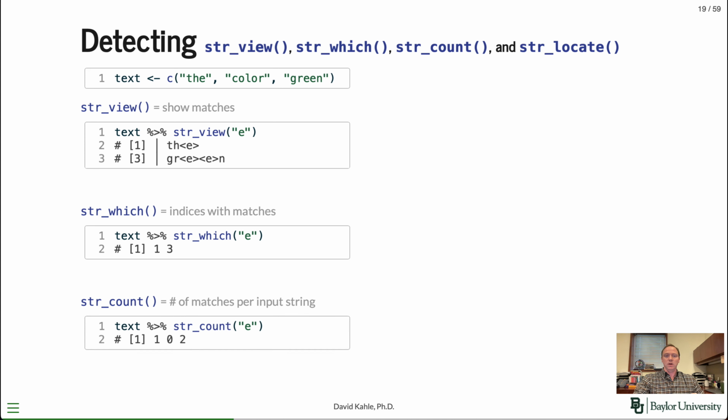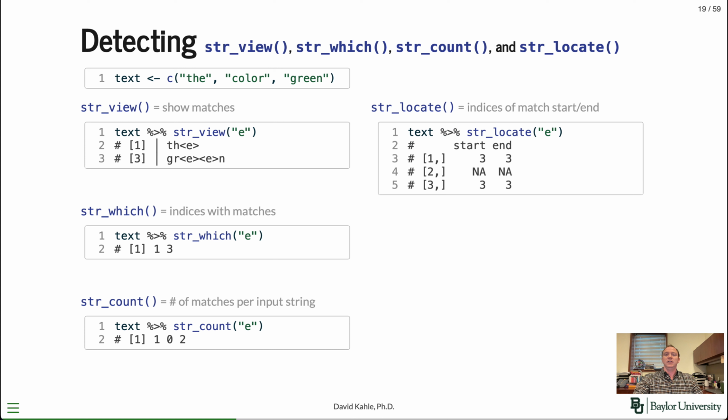So that's 1, 0, and 2 for obvious reasons. str_locate is going to show you the indices of the matches inside each input string, okay? Now, this is the first paradigm of something we're going to see commonly, which is that you're going to get the first match in each case, okay? So for example, in THE, the first match is, of course, the E, and that happens at location 3 in the element itself. So THE, that's the third element, and it ends there as well because it's, of course, just